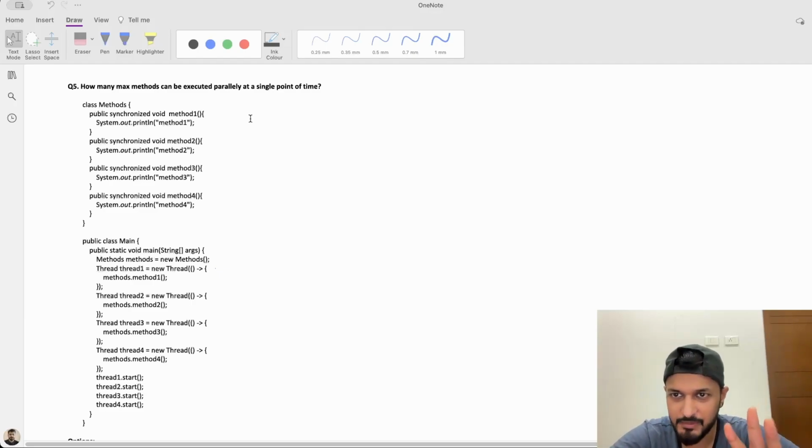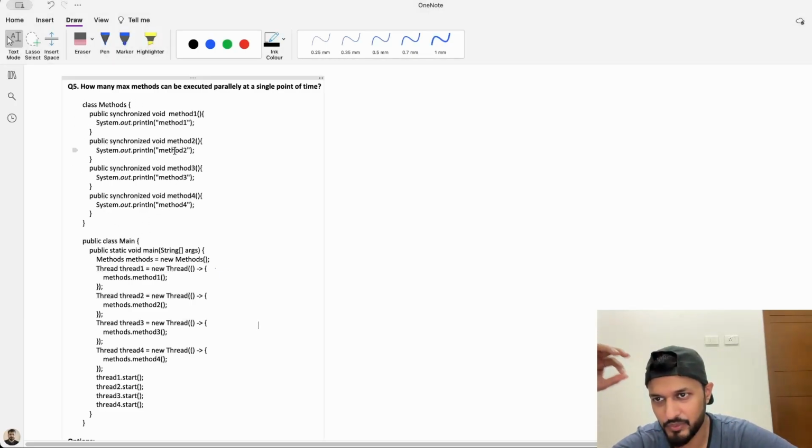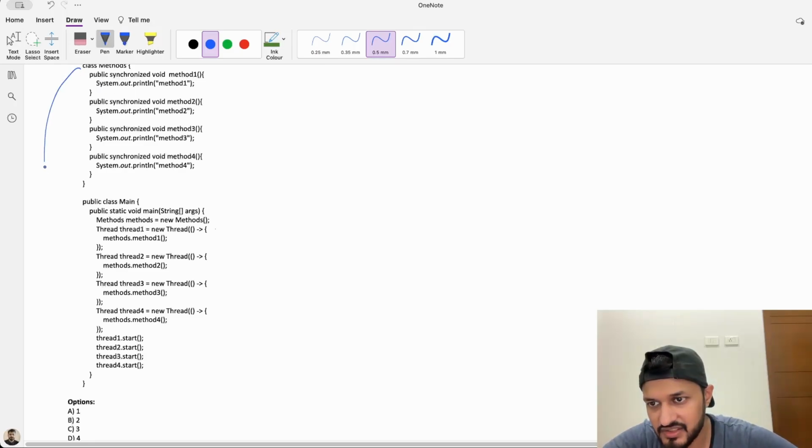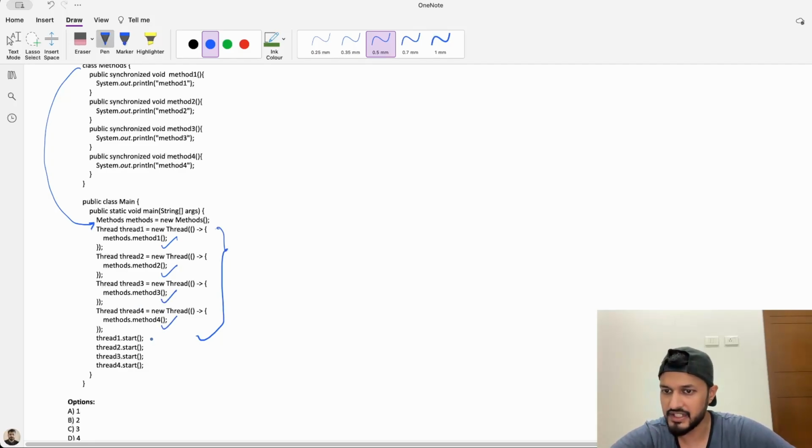or notify, but about how many threads can execute synchronized methods in parallel. Okay, so this is a simple program. In this particular program, we have created a class named methods, and in that there are 4 methods. All the 4 methods are synchronized. Okay, in our main class, what we have done is we have created an instance of this particular class methods, and also apart from that we have created 4 threads, executed method 1 in first thread, method 2 in second, method 3 in third, and method 4 in fourth thread,